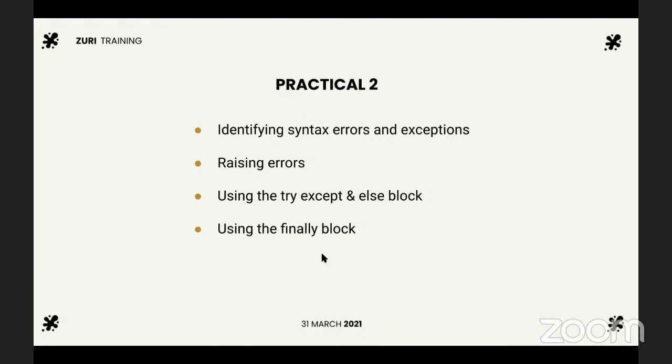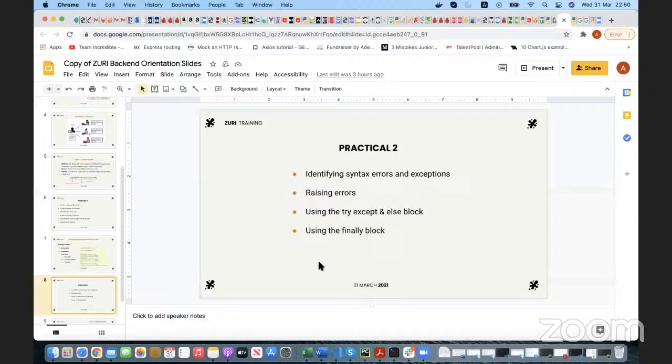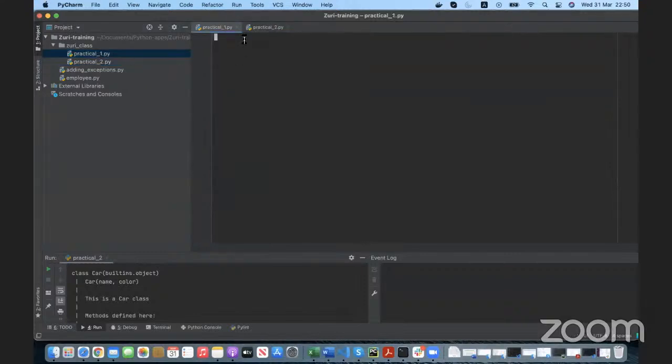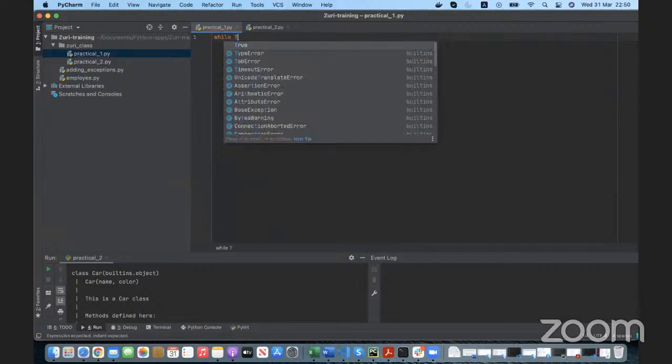So we're just going to go into the second practical now, and we'll try to look at how we can write a try except block. Basically, let's just look at an example of an error. Let's use the while error that we saw on the slide just now. So while true,